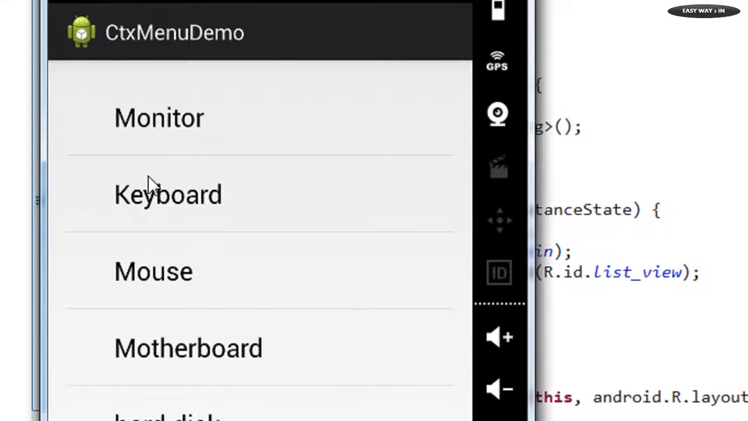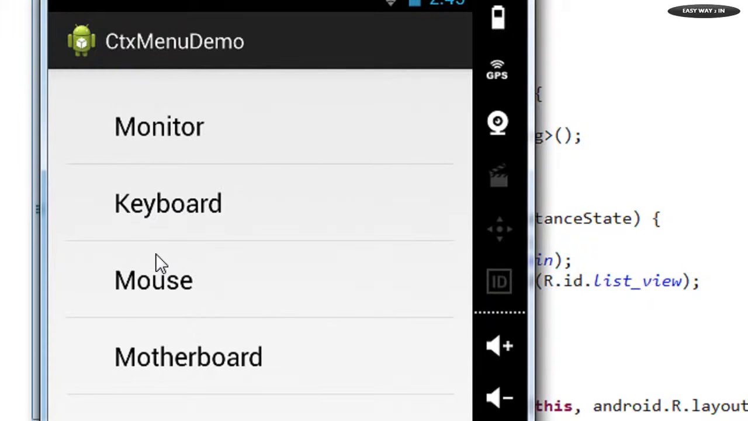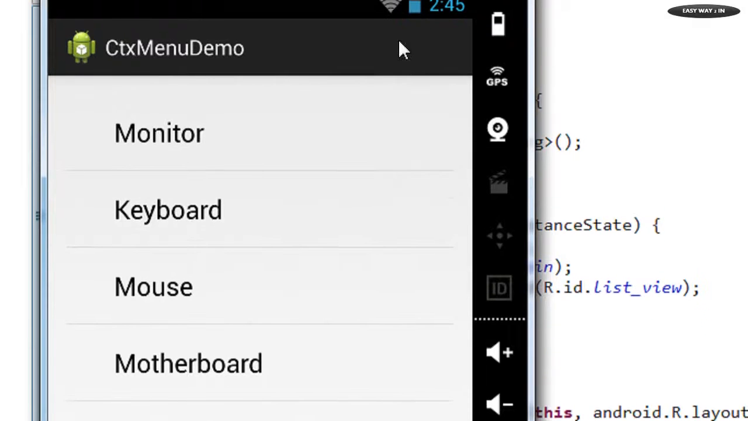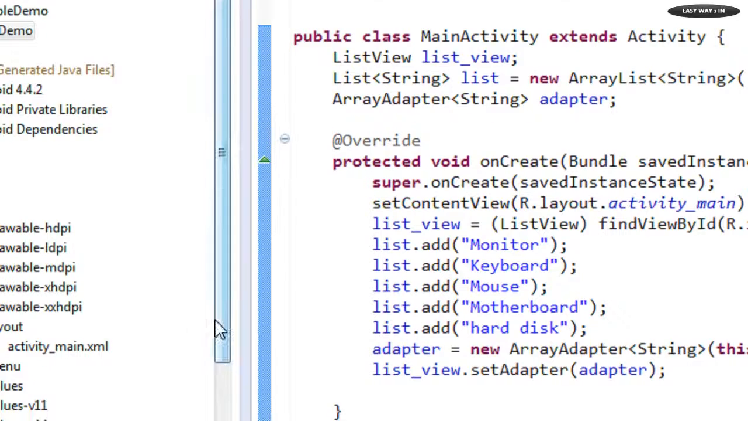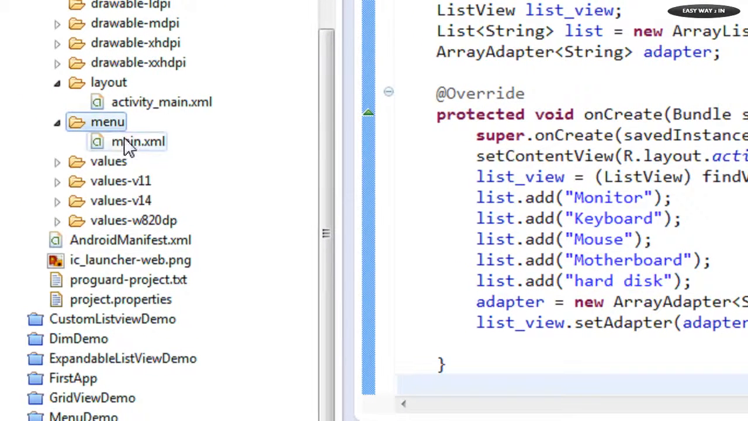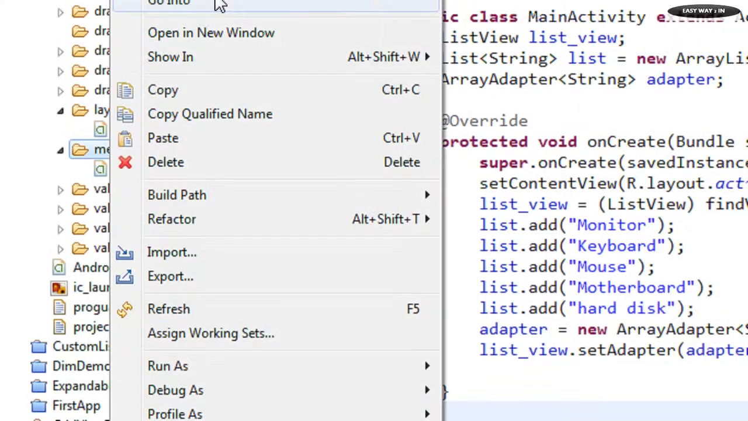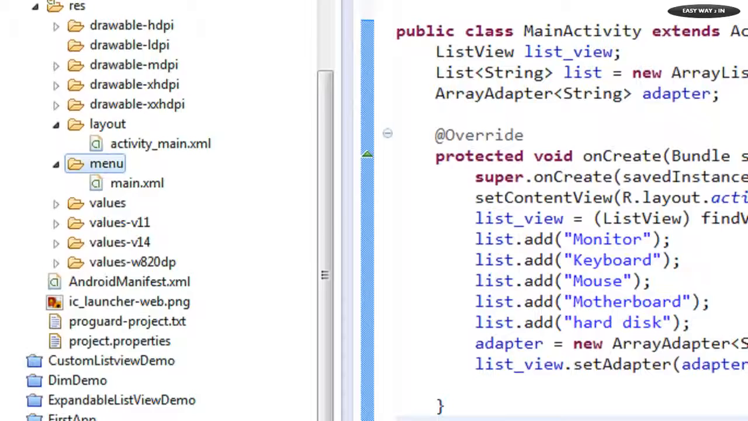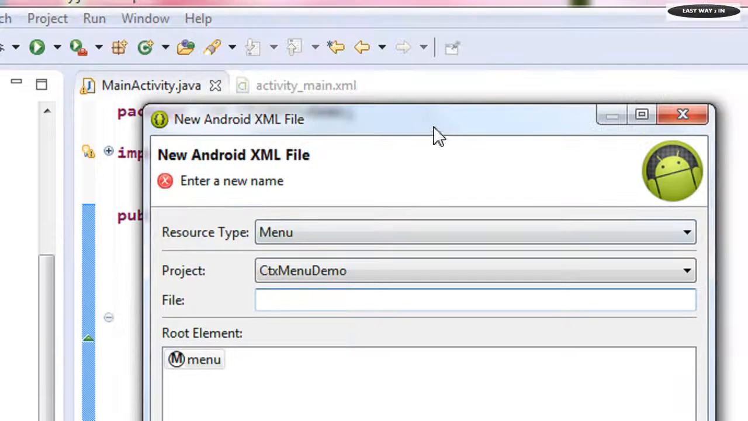Now we are going to add a context menu for this list view, and here I am going to add an option to delete an item from this list view using the context menu. For that you need to create a layout file in the menu folder. Here an XML file is already available. I'm going to create a new Android XML file. I name it as